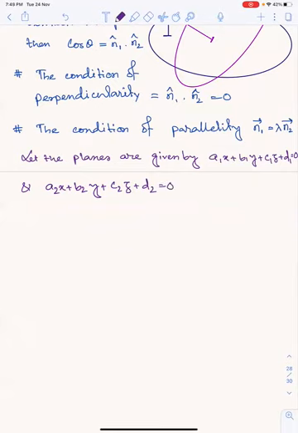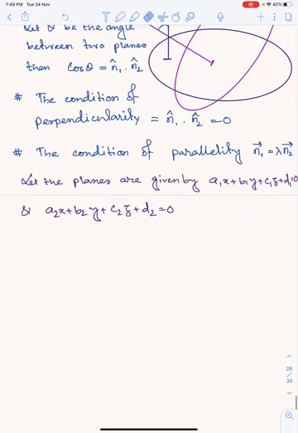So definitely in comparison to the earlier theory, I can mark n1 vector